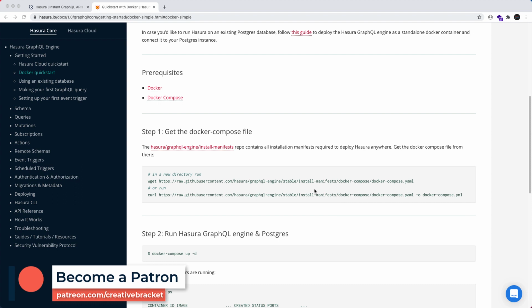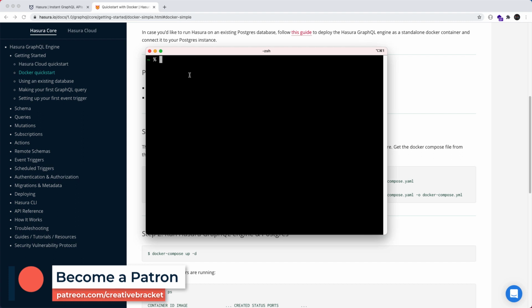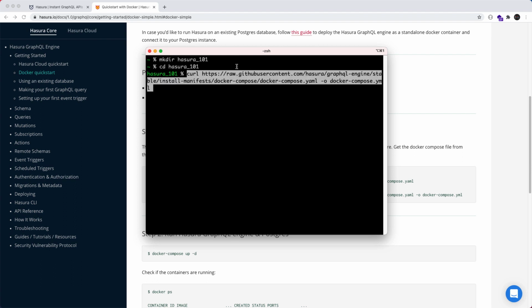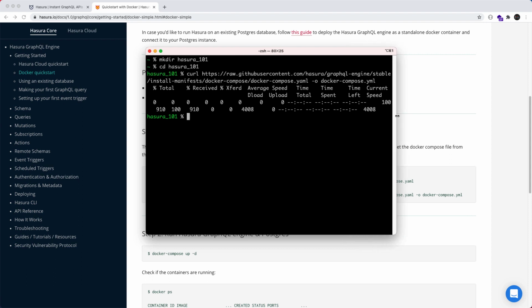Having copied this command, I'm just going to open the terminal, and then after opening this terminal, I'll create a directory. And then I'll paste the command that I copied, and then I'll run it. And then running that command should have created a docker compose.yaml file. So if I open this file with Vim,